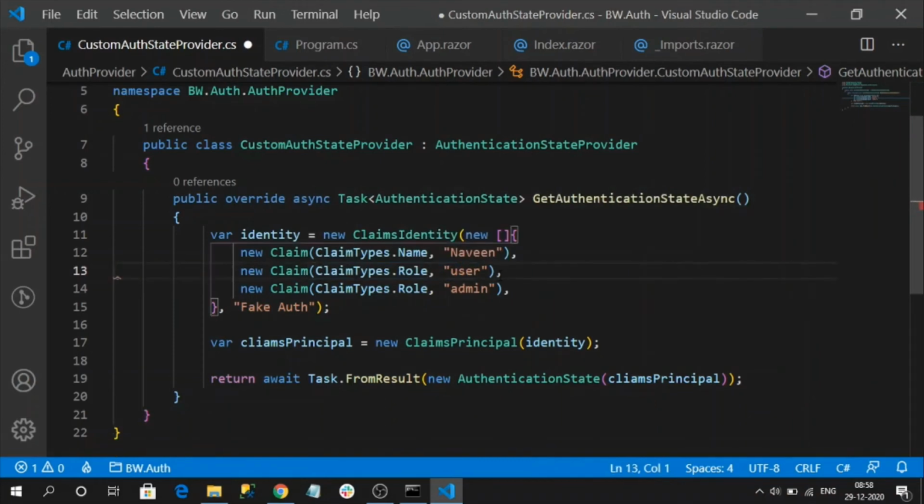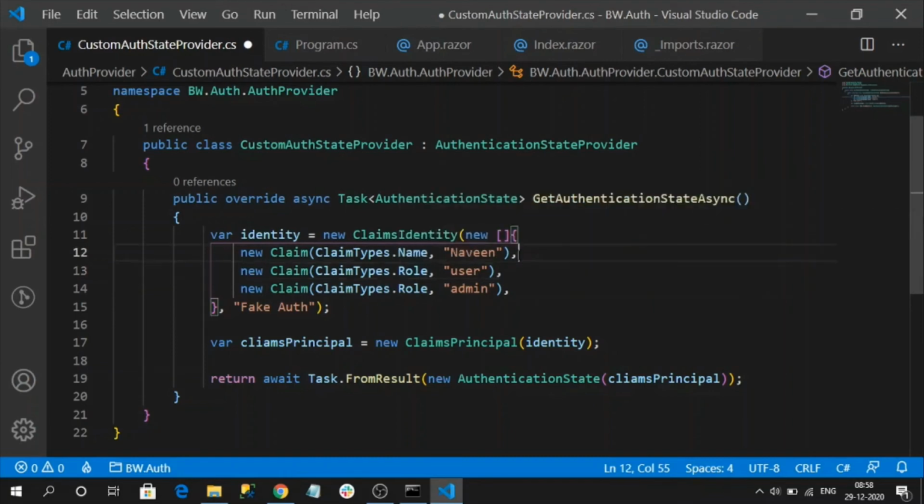Claims are helpful when we want to restrict users from modifying our pages. We can add a claim like modify, where modify is the key and its value is true or false. True means he can modify, false means he cannot modify. Like that, using claims as well, we can protect our pages by authorizing the users.